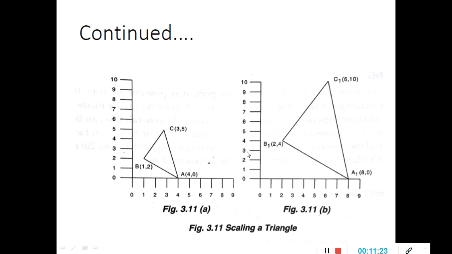So what I am trying to explain here is, scaling is a type of 2D transformation where the original drawing is converted into a larger form. The original diagram has been converted into a larger form only by changing the coordinates of its points. So scaling a triangle: here is the small triangle, and it has been converted into a large triangle only by changing its coordinate points.